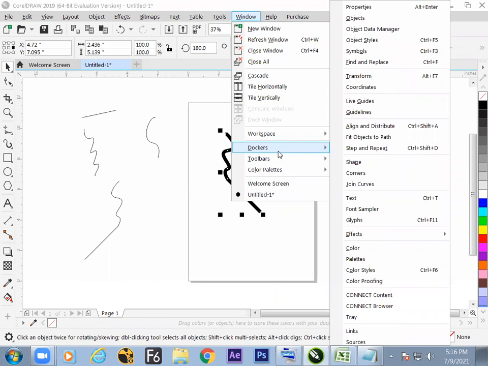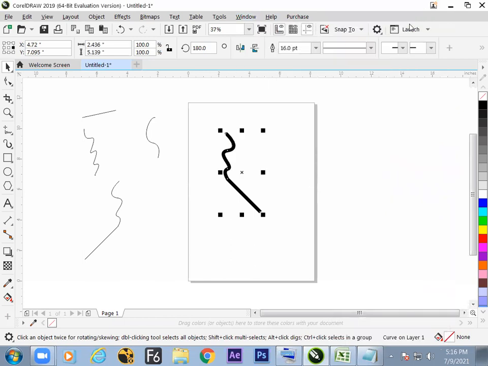In Windows, most of the time we call this a window, but here it is called a Docker. Inside the Window menu, the Dockers are there. Here we can find the different properties that can be used. Inside this, one of the dockers is called Properties. Check the keyboard shortcut: Alt Enter. Note it down, Alt Enter.